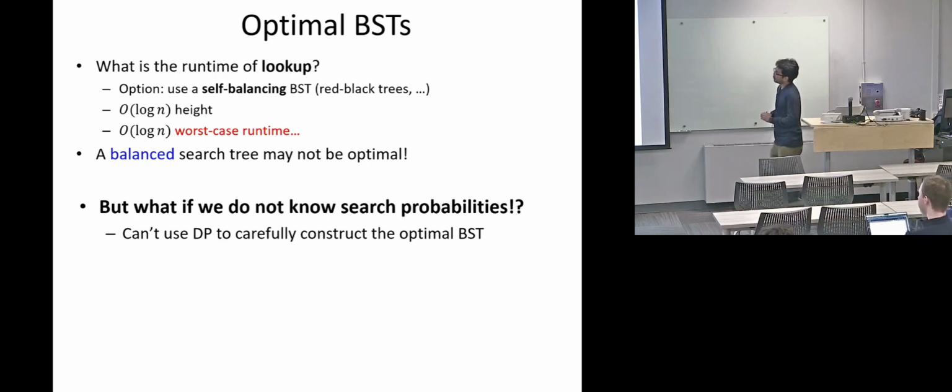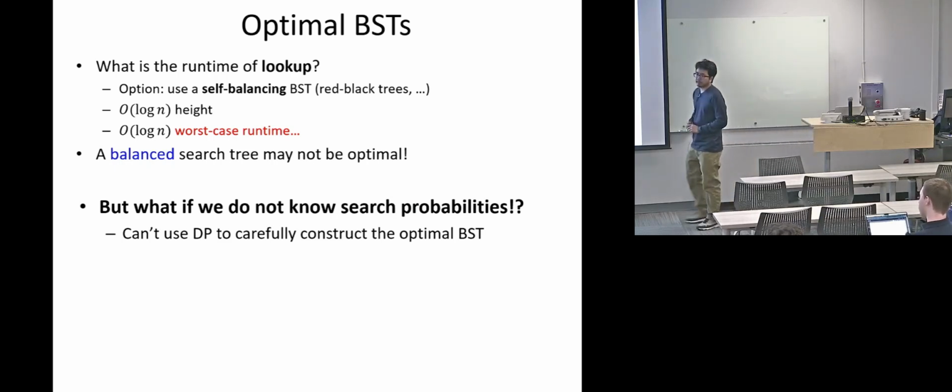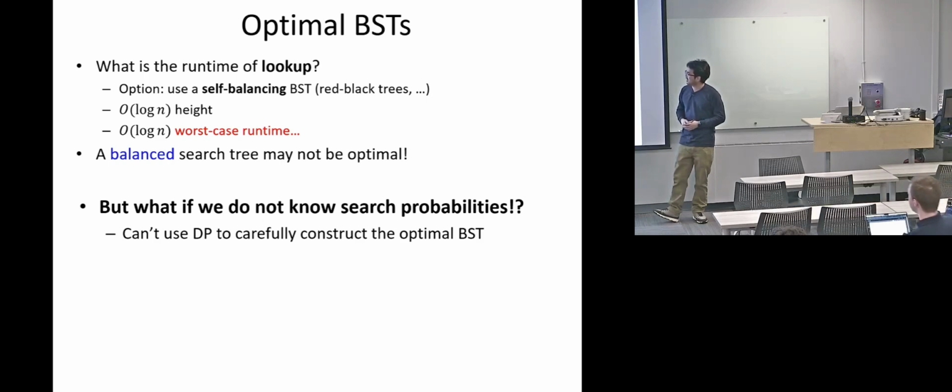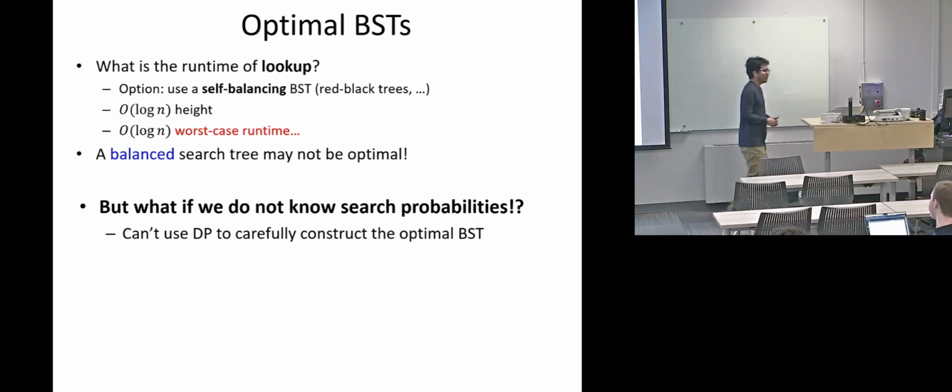But okay, we know how to design the best binary search tree if I tell you the information, what the distribution is, how often I access each element. What if we don't know that distribution? Knowing the distribution is kind of assuming a lot, right? What if we don't know that? Okay, if we don't know that, we cannot use DP. So